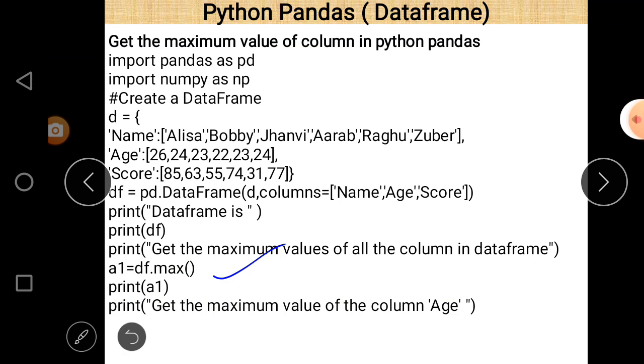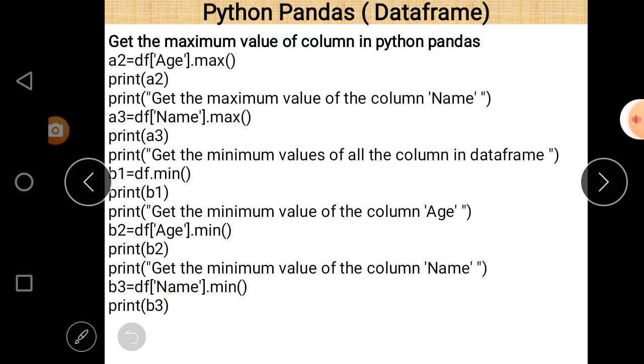If we want to find the maximum value column wise, suppose for column age, then we just write df and in brackets give the name of the column, age. So df['age'].max. Similarly for the name column we just write df['name'].max here.